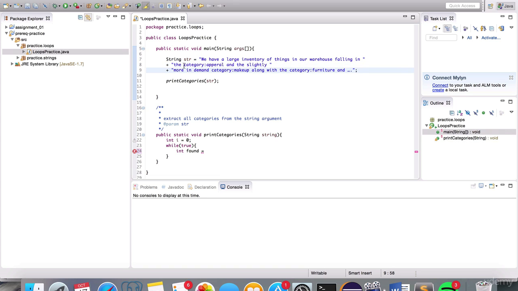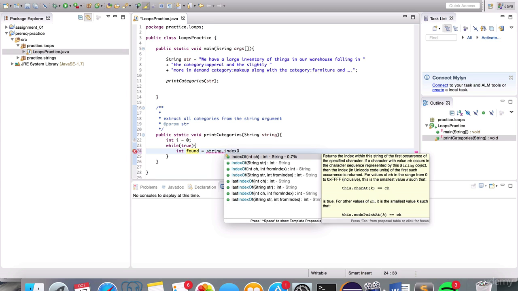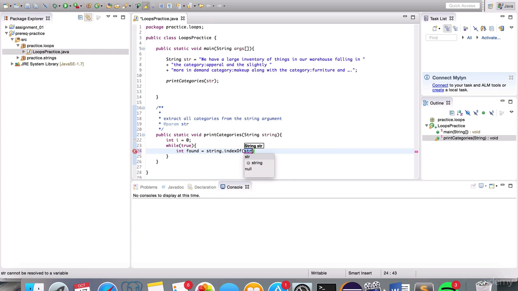So wherever we see category colon first within this string, it's going to be assigned to found, and we're going to be changing where category is found within the string through this loop. So let me show you how we can do that. string dot indexOf, and the particular string that we're looking for is category colon